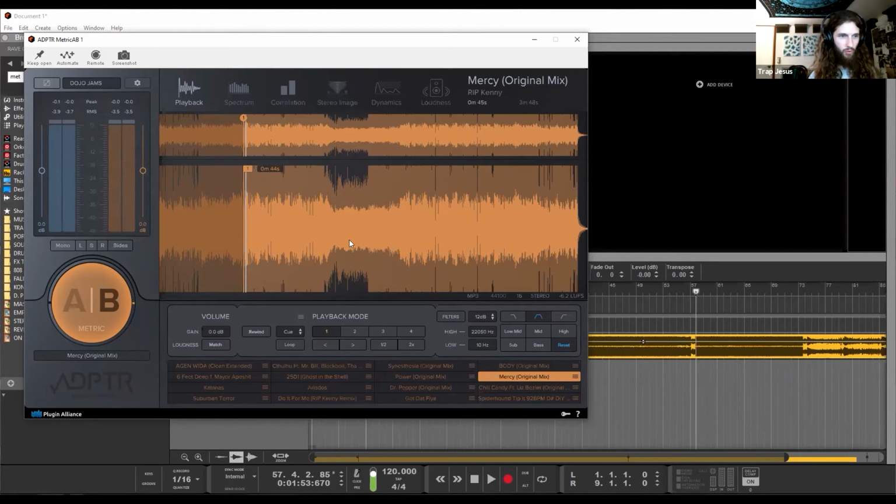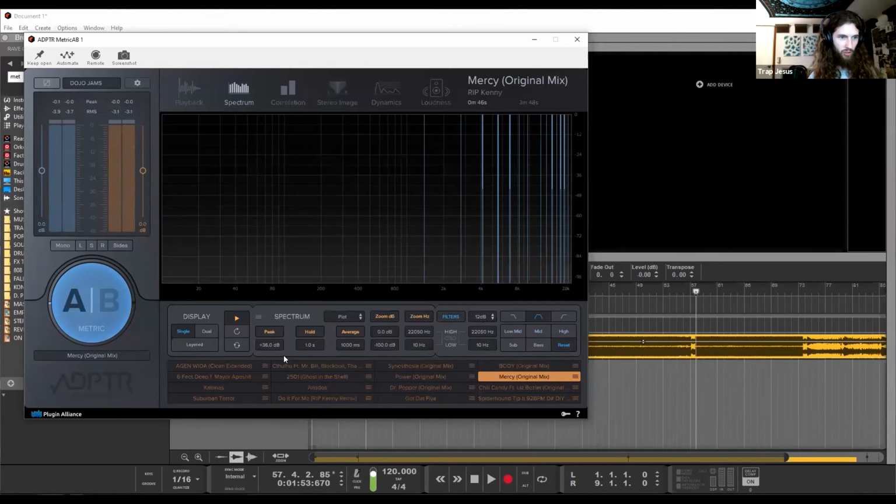So I set a little cue point right on Evan's drop, and then when I change it over to the blue setting, I'm listening to what's in my DAW. Okay. So it's cool, you can filter out the frequencies, so just listening to the sub, the bass, the mids, the highs, or everything. You can change how many dB per octave you're rolling off. And then you can switch, okay, I just want to look at the spectrum.